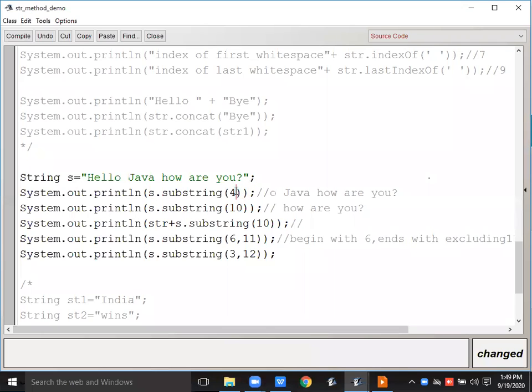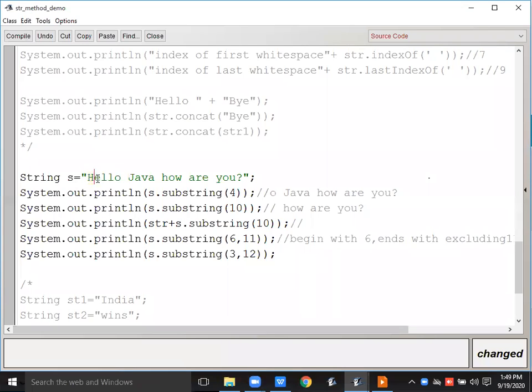One integer argument means it's going to start from the index position 4 till the end, till the last. So 4 is what? H is 0. Index position always starts with 0.